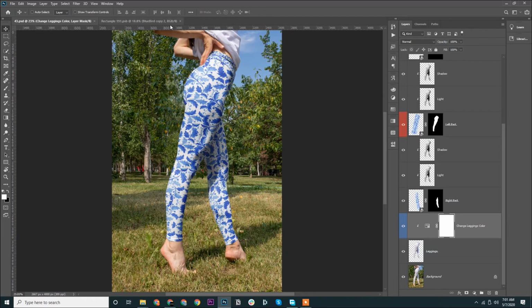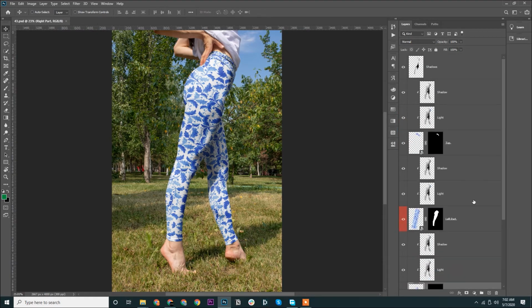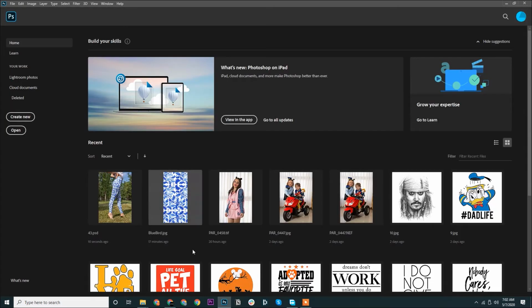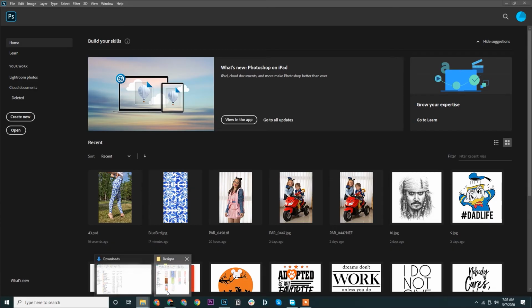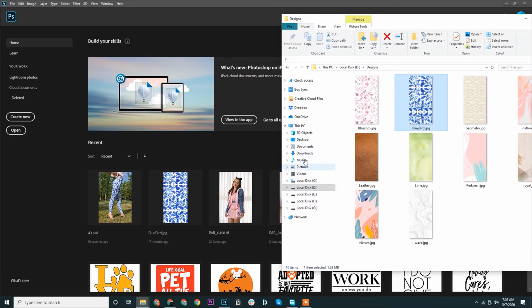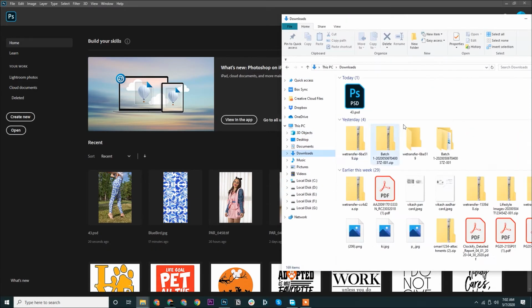What I did was, all the three smart objects were not linked with each other. Now that all these smart objects are linked, we could go ahead and use the smart object layer. So I'll also record a quick demo for you so that you could see how to use this. We'll take this one, go to our D drive.